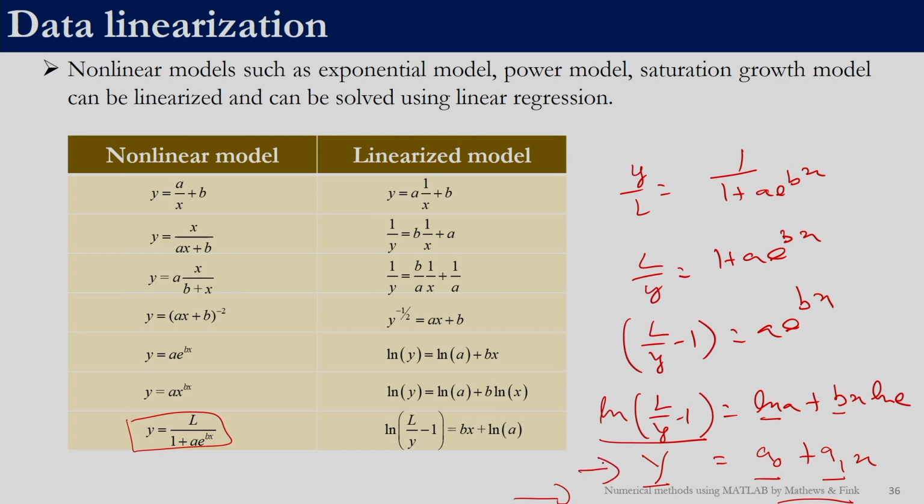So, we know how to solve both linear and nonlinear regression. For linear regression, once we apply the stationary conditions, the optimization problem got converted into solving a set of simultaneous linear equations. For the nonlinear models that we discussed as part of this session, it got converted into a set of simultaneous nonlinear equations. And we have also seen that some of the nonlinear models can be converted into a linear model using data linearization.